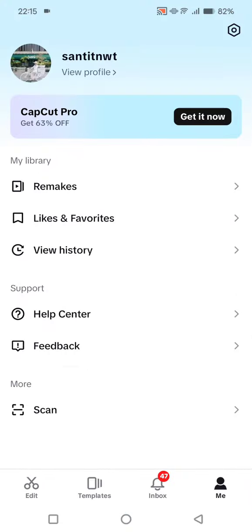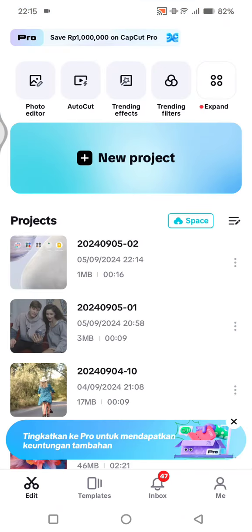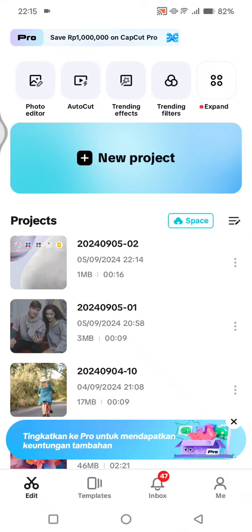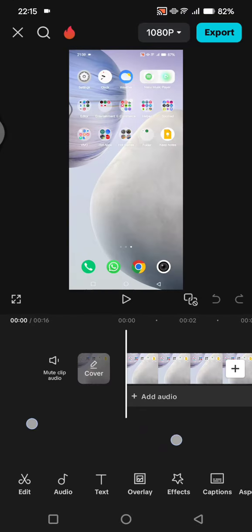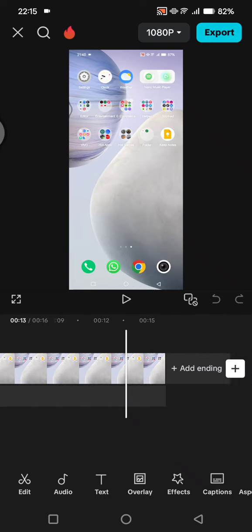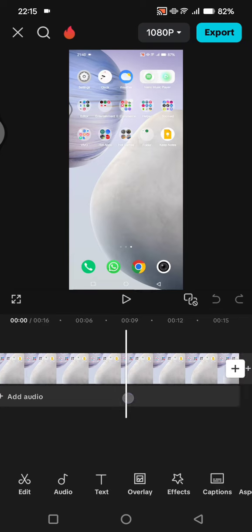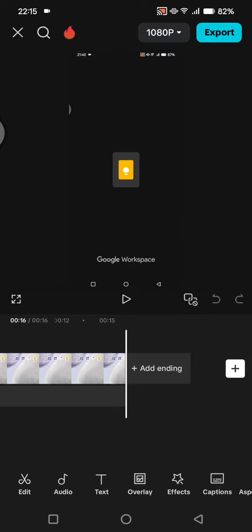So let's go back and try to create a new project again and see if the watermark will still be there. So just click on add. Let's go to the end of the clip. So as you guys can see here, there is no CapCut watermark anymore. So that's how you can remove CapCut